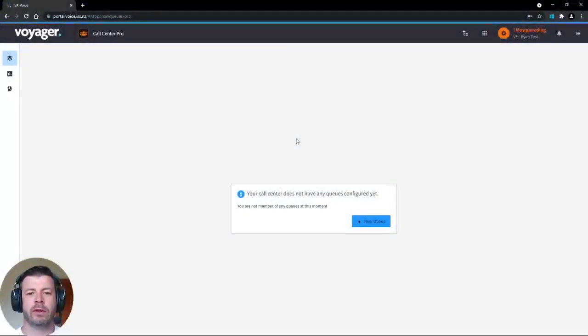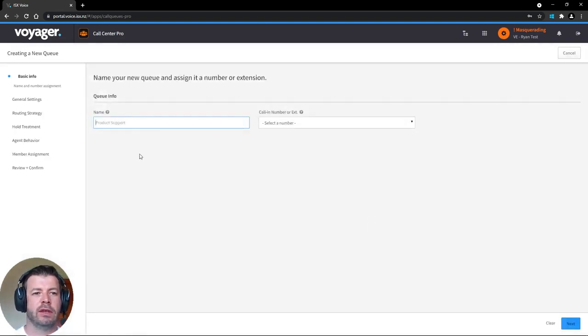So at this point, hopefully we have all of our agents created, skills assigned, and all of our media ready to go on my account. Now, I can go ahead and select new queue, create a queue name and assign a number. A good tip is if you are creating this for a live customer, you'd like to test your queue first. I would strongly suggest selecting an extension number so that you can ring this queue